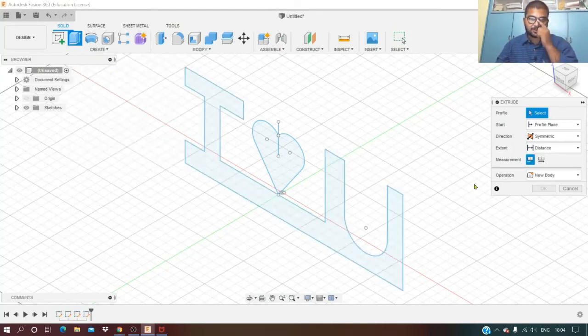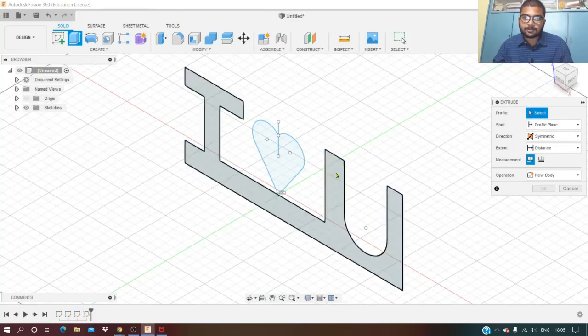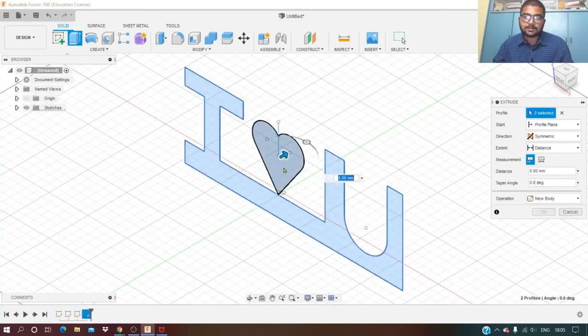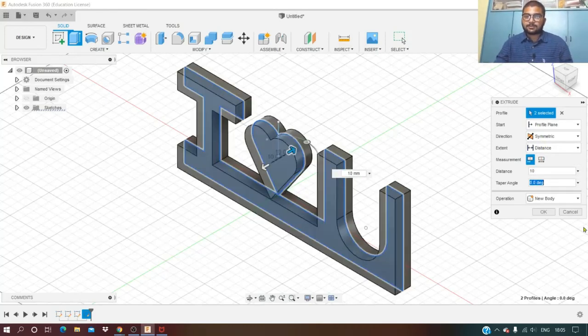Things are the same; only the appearance, look and feel change from software package to software package, and some features are add-ons or subtractions depending on the cost of the software, of course. I need to mention thickness as well. First of all, I have to select the sketch. I have selected two sketches because there are two closed profiles there. And I have to mention the distance, 10. So this is what I am getting.